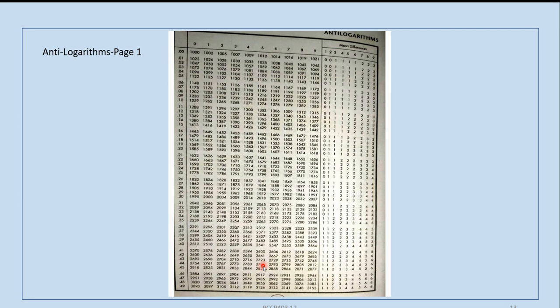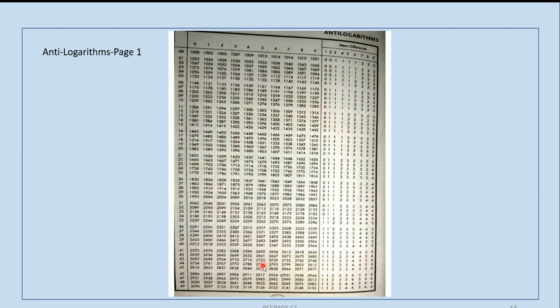So we will take 2727, 4 zeros. So that is the product of the given numbers, that is 3589 into 7599. Now you calculate the same numbers. First of all, you have to remember that by using logarithms, we will get only an approximate number, but not the exact number.